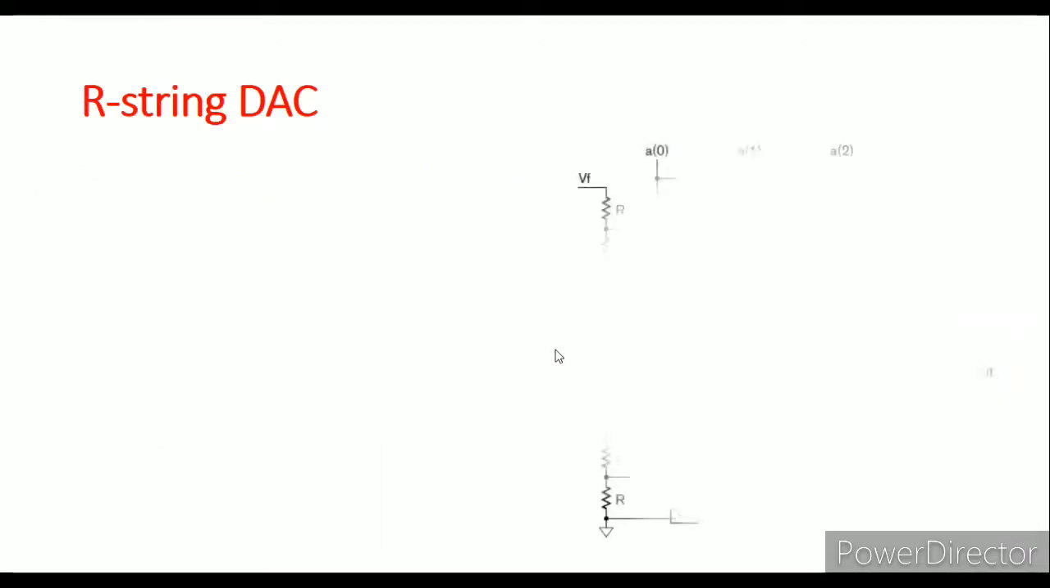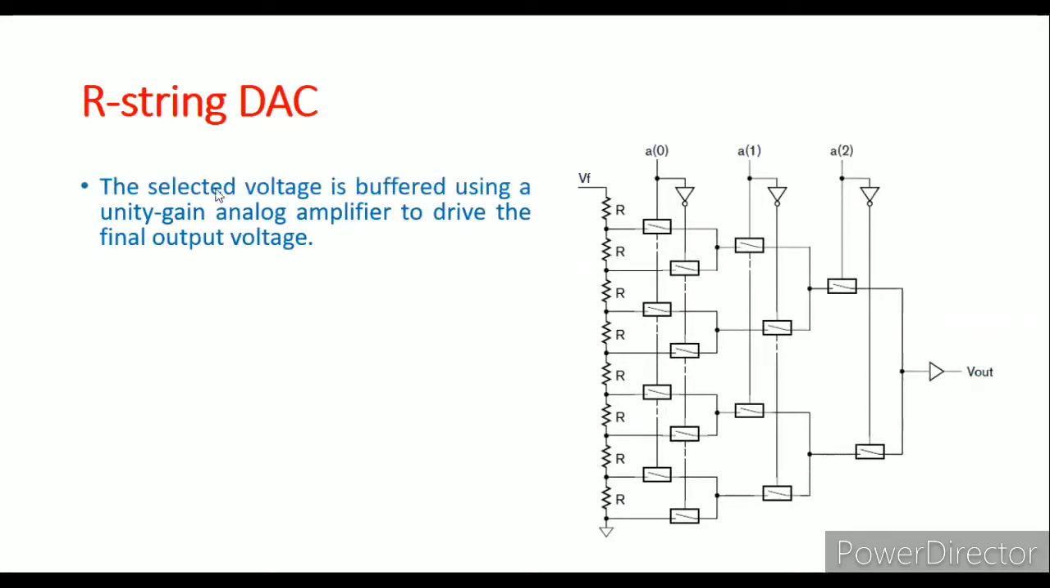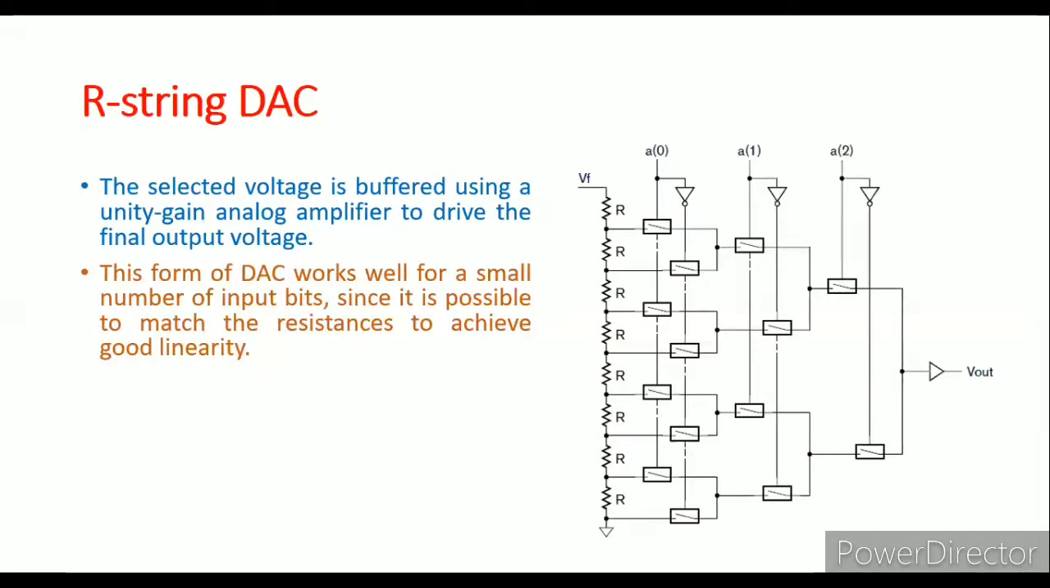the buffer there. Okay. So the selected voltage is buffered using a unity gain analog amplifier to drive the final output voltage. This is a simple unity gain. You can amplify it to whichever voltages we want depending upon the user requirement. So this form of DAC